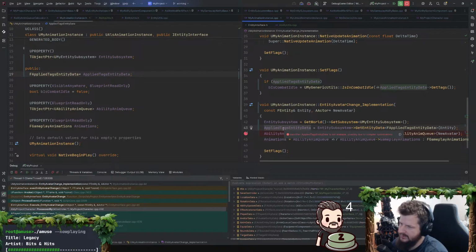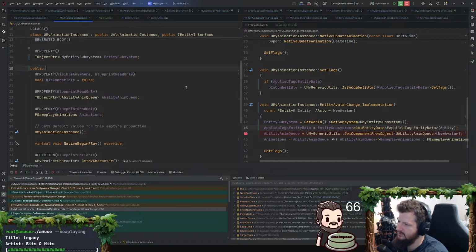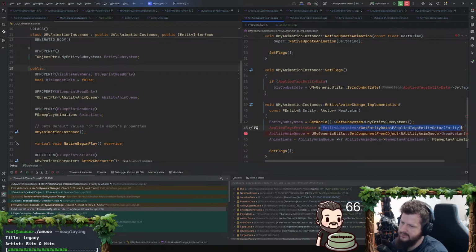Why would that change? Oh yeah, the data moves. We can't maintain pointers to entity data because the archetypes change. So I just have to get this every frame. Or